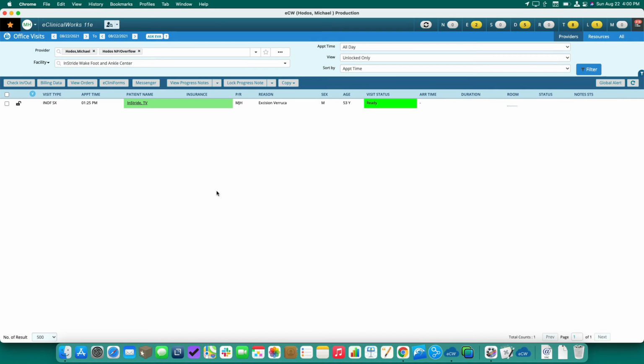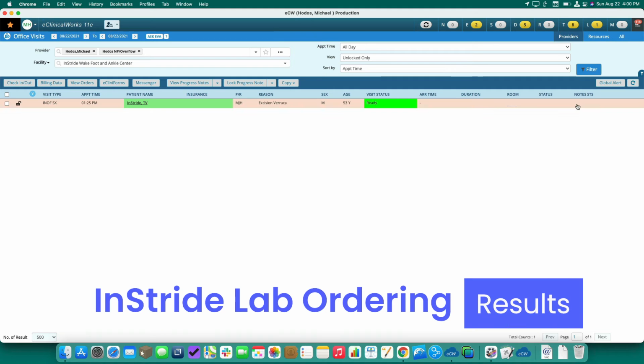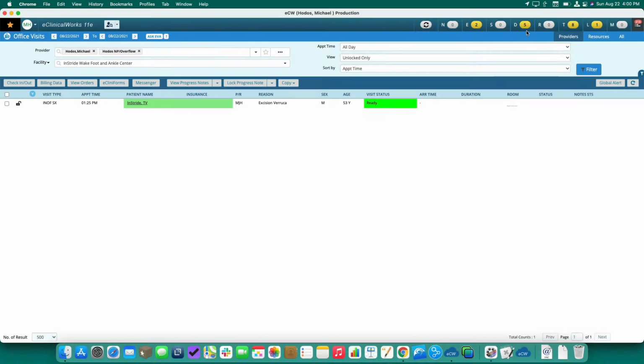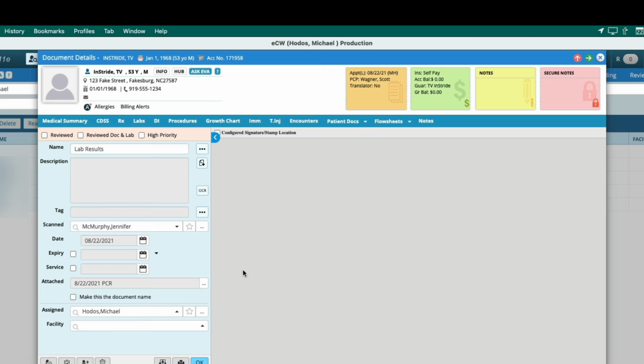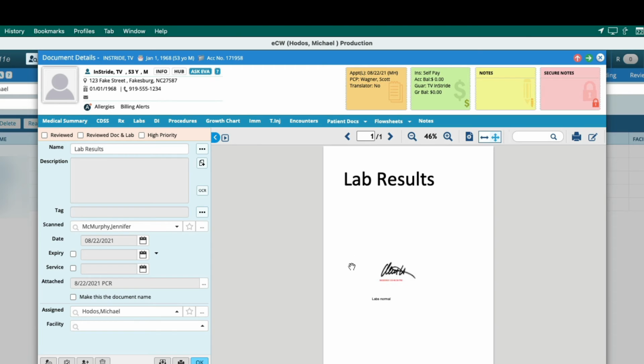Once we've received our results from the lab, you'll get an item in your L jelly bean as well as in your D jelly bean. If we review the lab and the document in the D jelly bean, we can close both of those items at the same time. We'll navigate to the D jelly bean and open our results from our patient. And here we have the lab results, which I have previously signed by marking it up with the pen